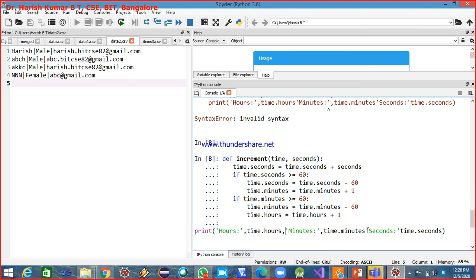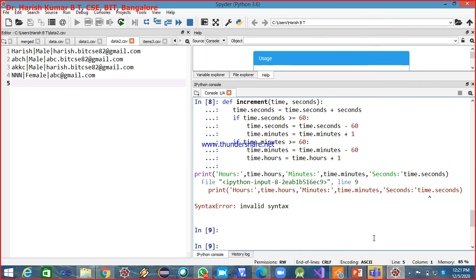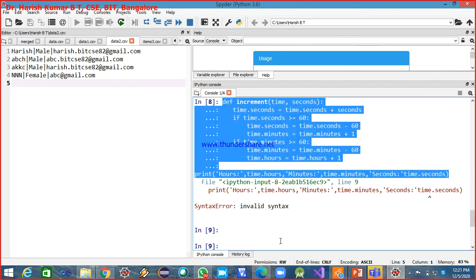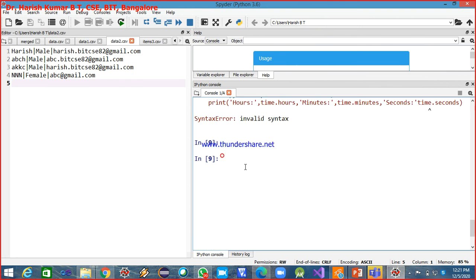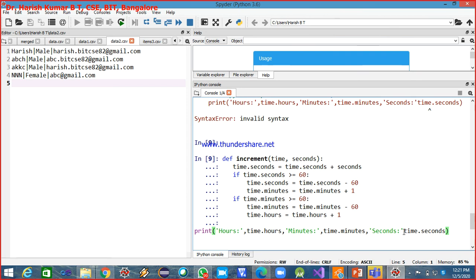Time dot seconds. Oh, a comma is missing here. So I have to have one more comma here.